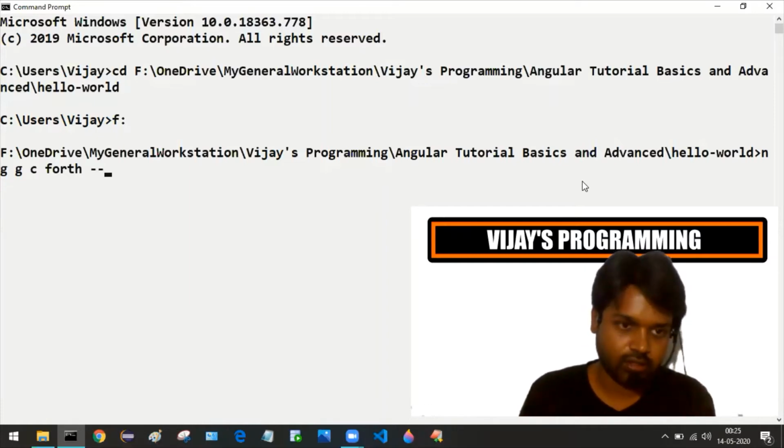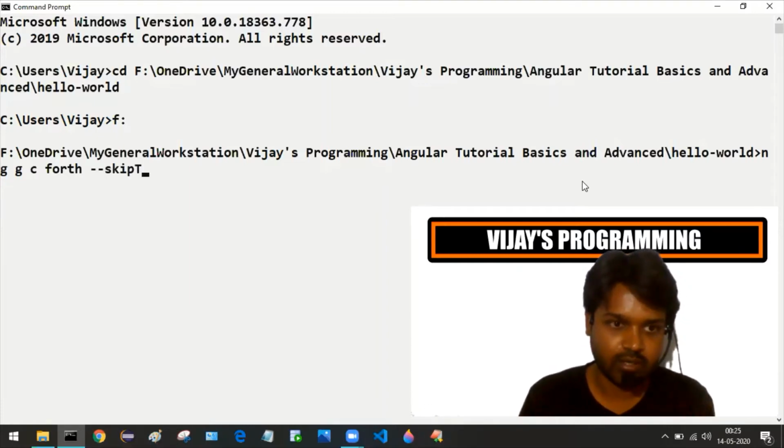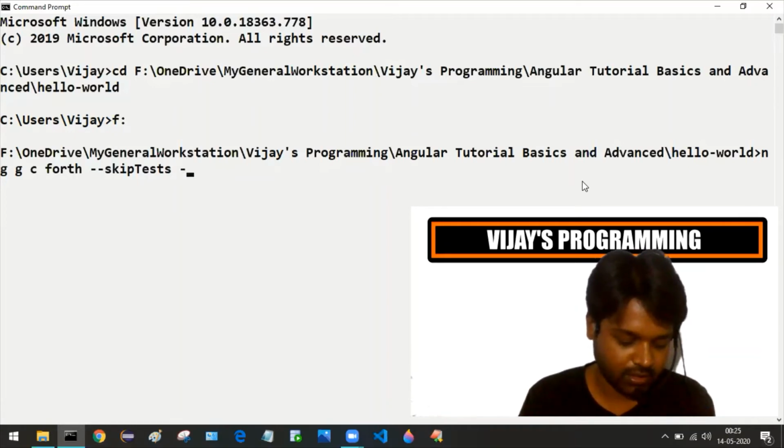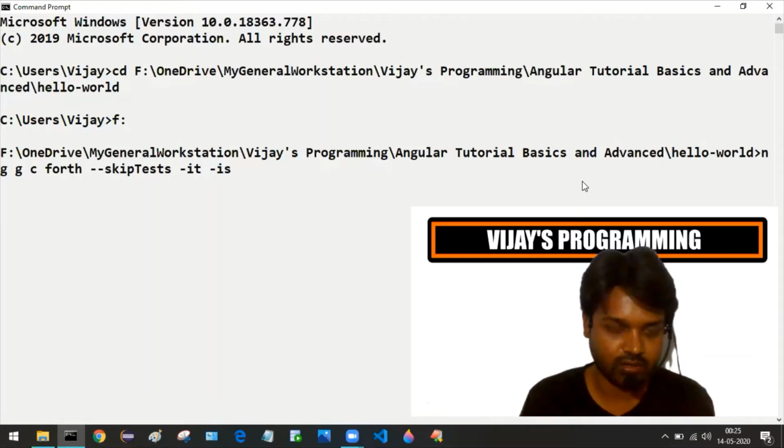First of all, skip tests. So we won't be getting this test file, and we will be using inline template, and we will be using inline css.